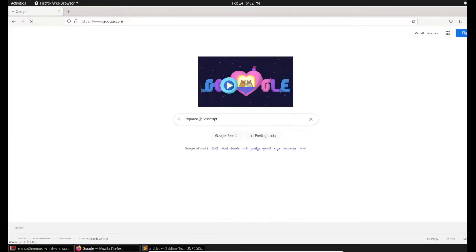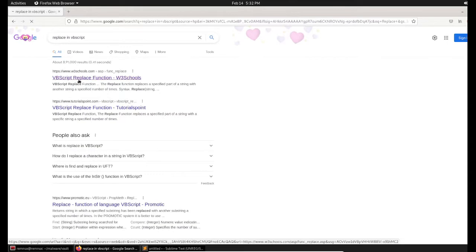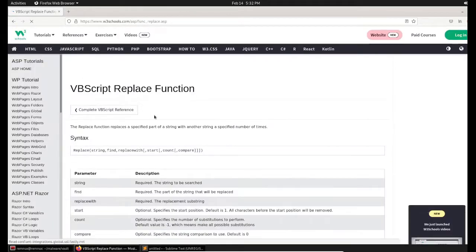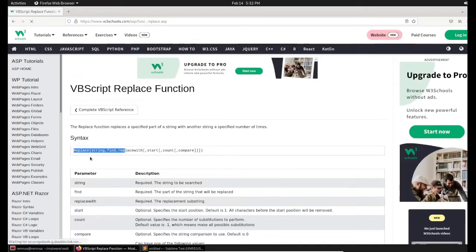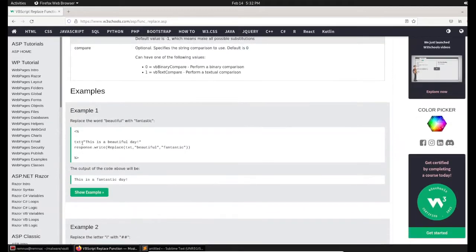Replace function in VBScript. If you see the function definition, you can see the syntax here. The first argument is the string, the second argument is find, and the third argument is replace with. So let me explain in a clear way. If you see this sentence, the variable txt contains the string, this is a beautiful day.